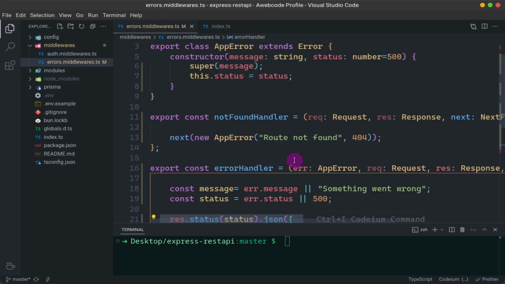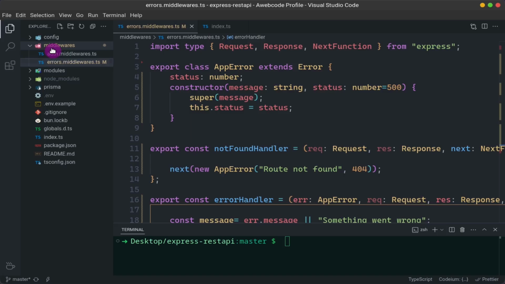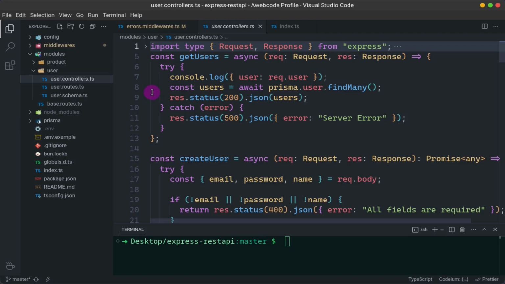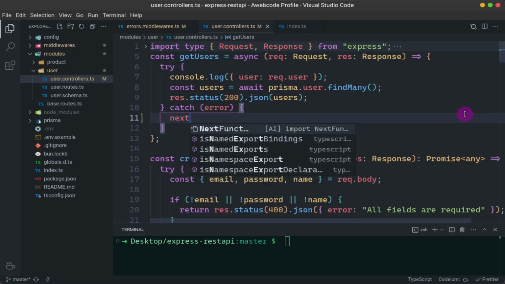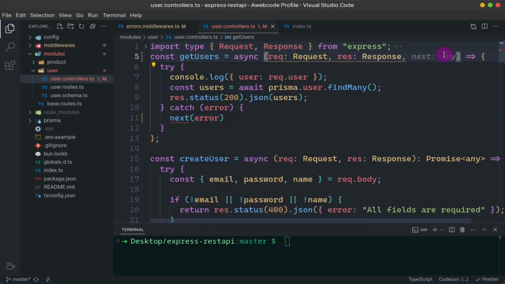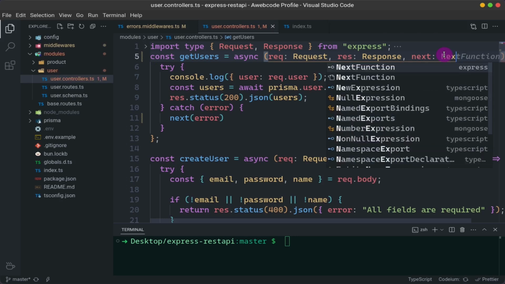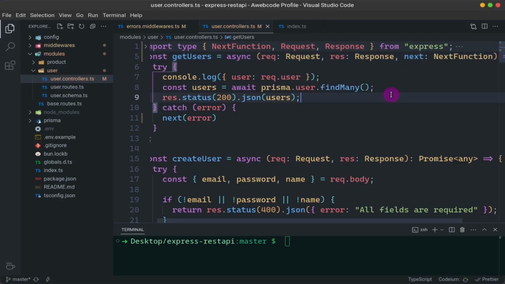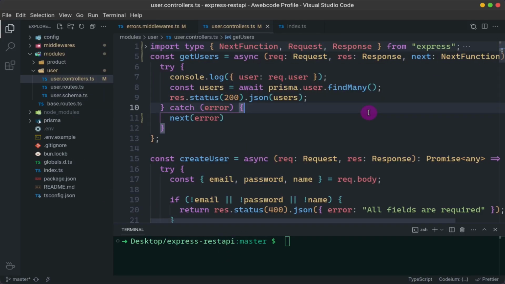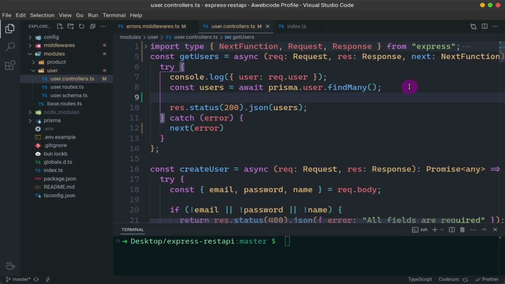If we don't return just error, and we pass it anywhere in our app, suppose in our module, user controller, so here, without doing response.status and just passing 500, we will pass any error with the next function. Every controller has these 3 functions: request, response, and next function from Express. Also it is typed. This is the normal controller. And if any error, suppose if